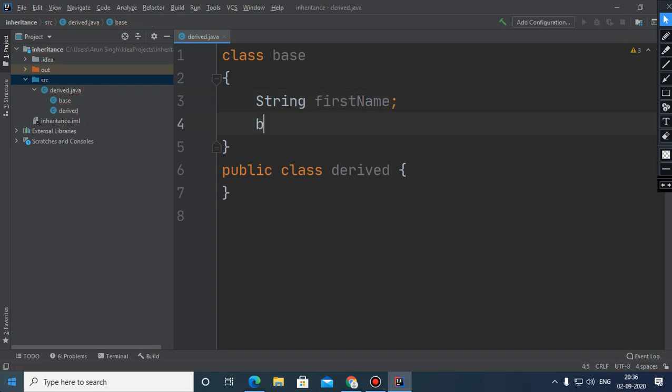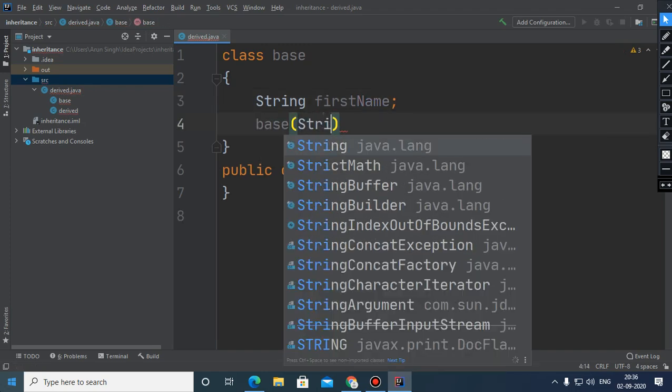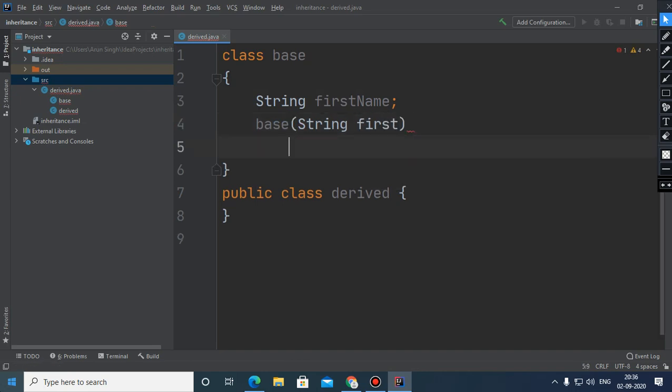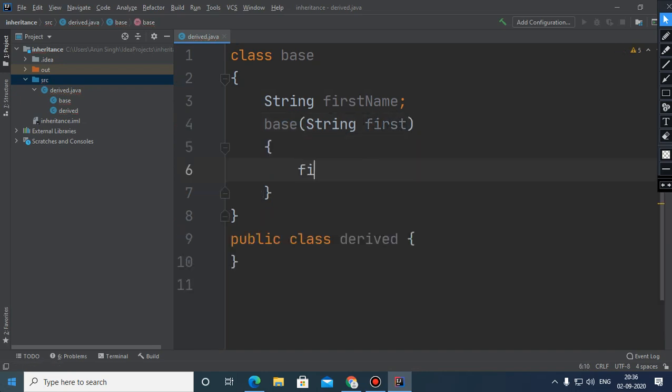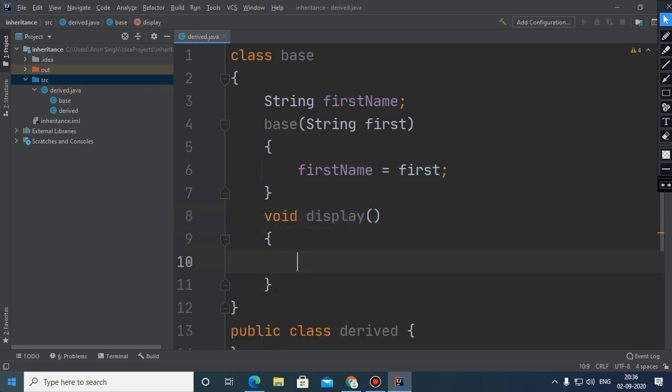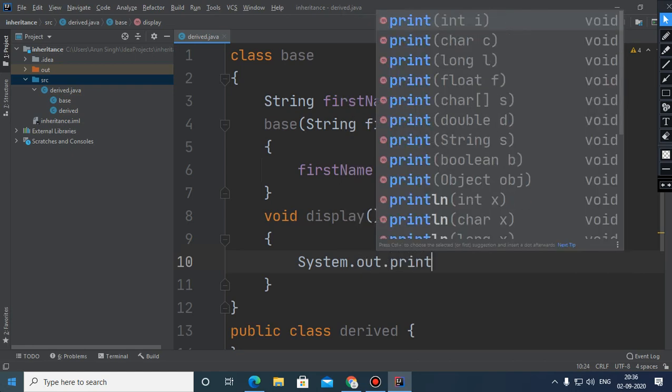Here is the constructor of the base class, and here you can write first name is equal to first, and this is the display function.